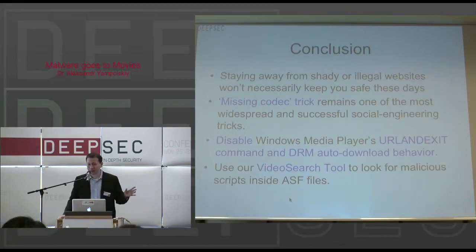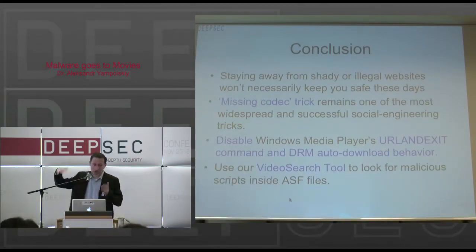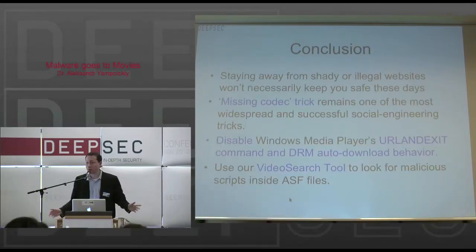Some antiviruses detected, but not many. For example, McAfee detected the WMV downloader when I downloaded a malicious WMV file, but a lot of the other things are not detected. So if you want to do a simple check without downloading a tool, and if you're a tech-savvy person, what I do is I download a video, open it in a hex editor, and scroll down a few pages to see if there's padding, and if there's a URL and exit command in the beginning. If there is, then it's likely that you downloaded a malicious video. If there's not, then most likely it's safe.